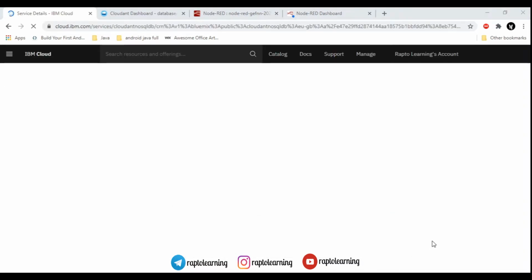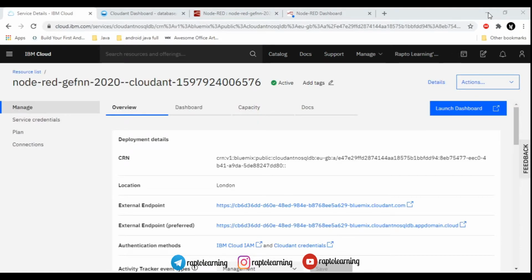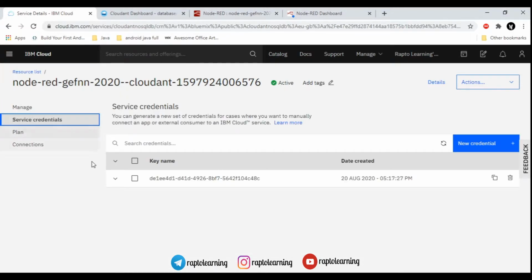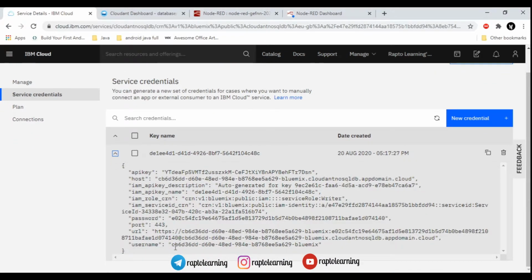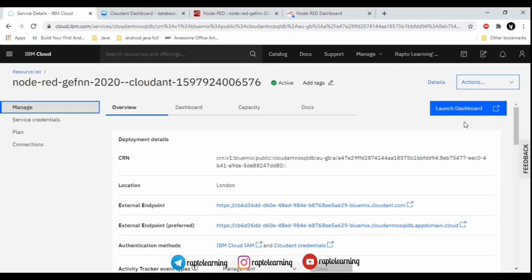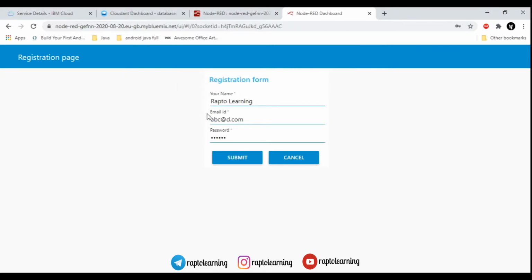So just go to the resources again. This will be the resources page, right? On this page you can directly launch your dashboard, or you can search for service credentials available here. When you click down this arrow below, you can see that here is your username, and above this, 3 to 4 lines, there is your password. You have to enter this if your cloud end is asking for username and password many times. The safe way is again to launch your dashboard directly from here.